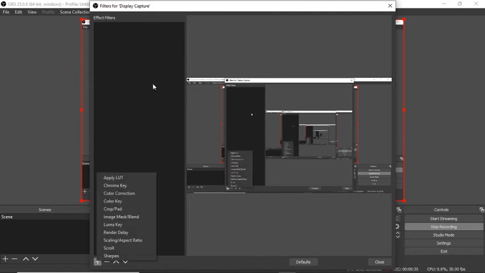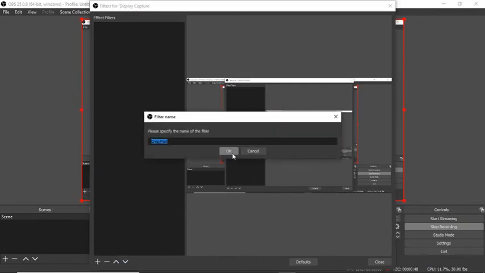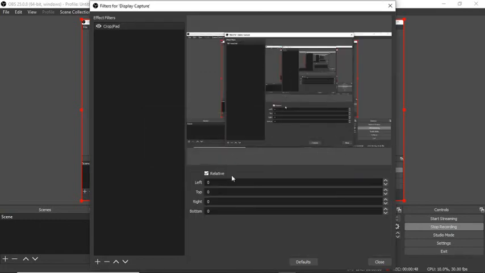So when you right click the video capture device and then click on filters, this is what you will be seeing. There are these many options. You click on crop, and then it's on default. You could open it. So this is what you will be seeing. You will be seeing all these values and the positions: left, top, right, bottom, right? These are the values, and they are set to 0 right now.